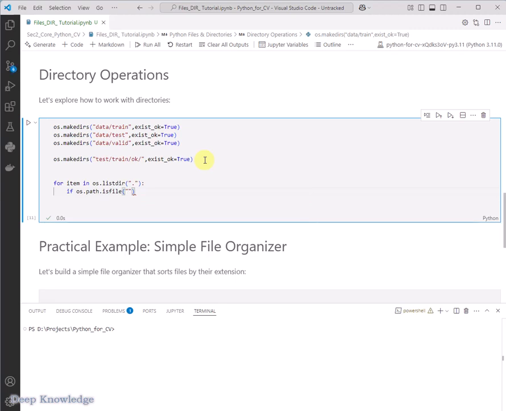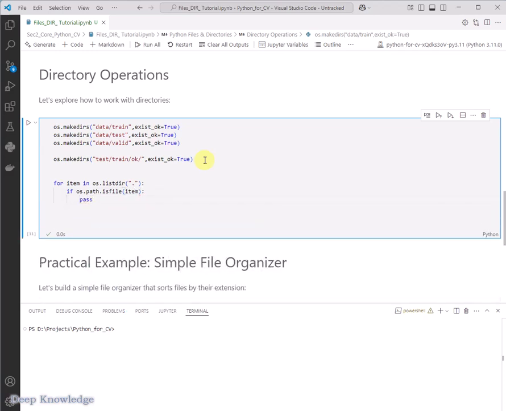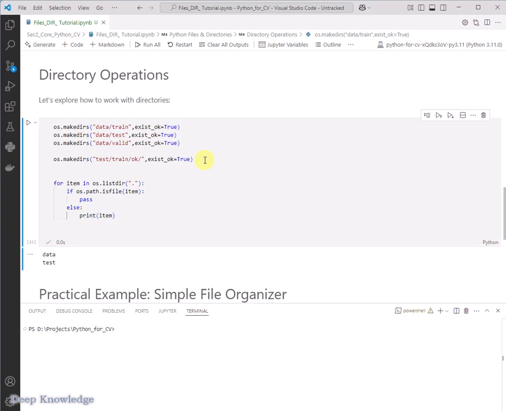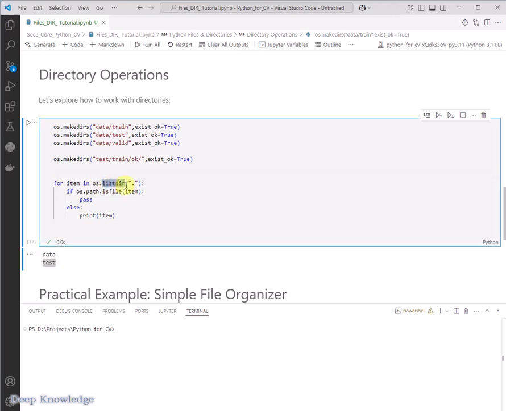So if it's file, now we have to add here to make it item. Let's see, pass. Pass means don't do anything. So else, print item. So let's see. In this directory we have data and test in this current directory, and also you